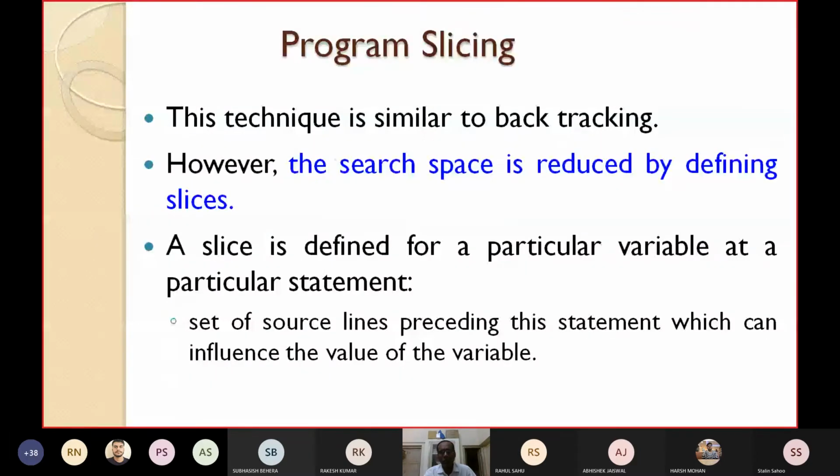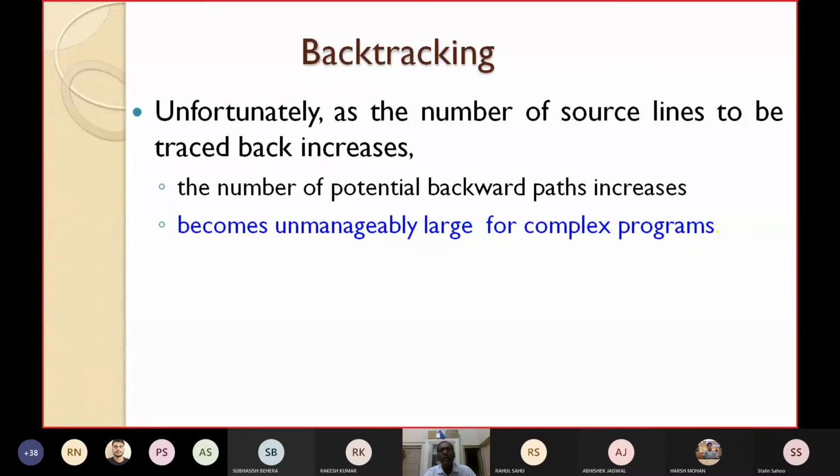But what is the problem of backtracking? I have already told you. The problem of backtracking is that as the number of source lines increases, the number of potential backward paths increases. There will be so many backward paths, and this becomes unmanageably large for a complex program.